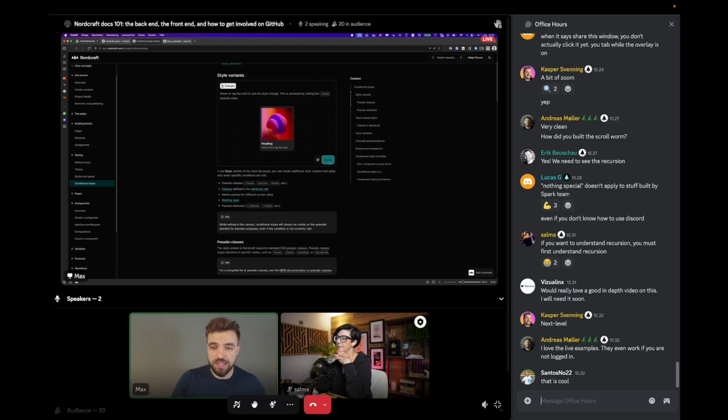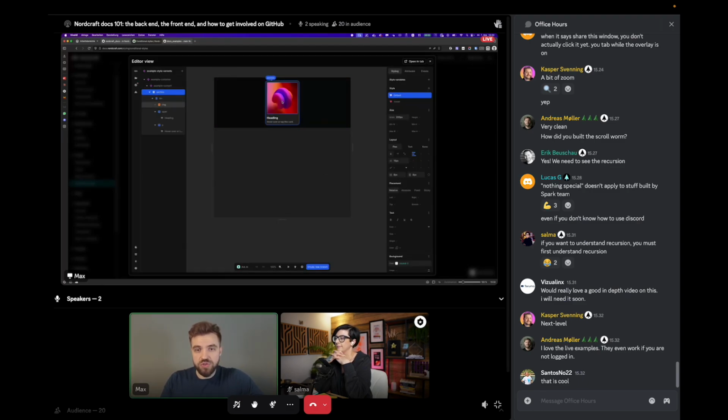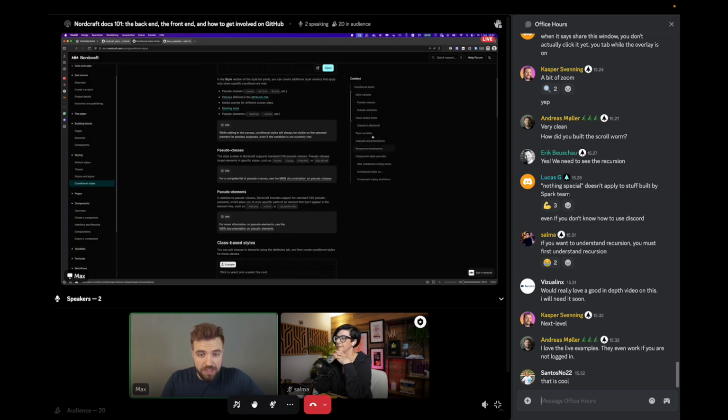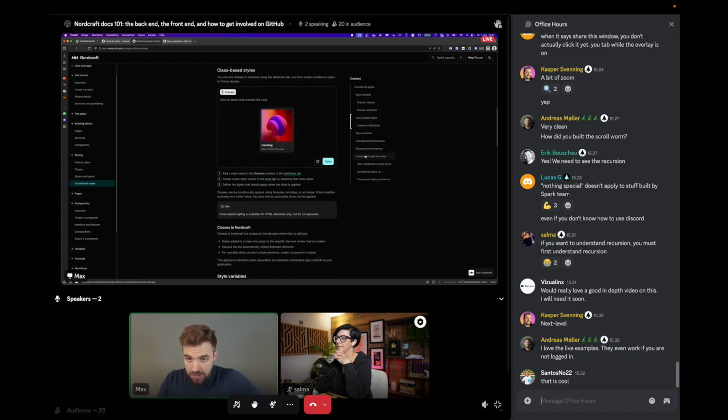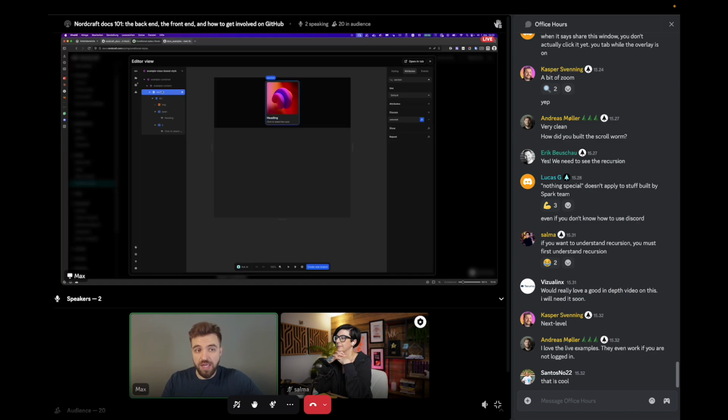And what you can do, you can click on the open button, and this will show you this exact component that we use as an example so that you can see how we built it. So if this explains, for example, I'm not sure what this is, style variants. Let's go with class-based styles. Here we have class-based styles. So if I want to know how to apply classes to something or how to apply conditional style with a class, I can go to that example, see, I have a class here, it's selected, and it's applied when isCard